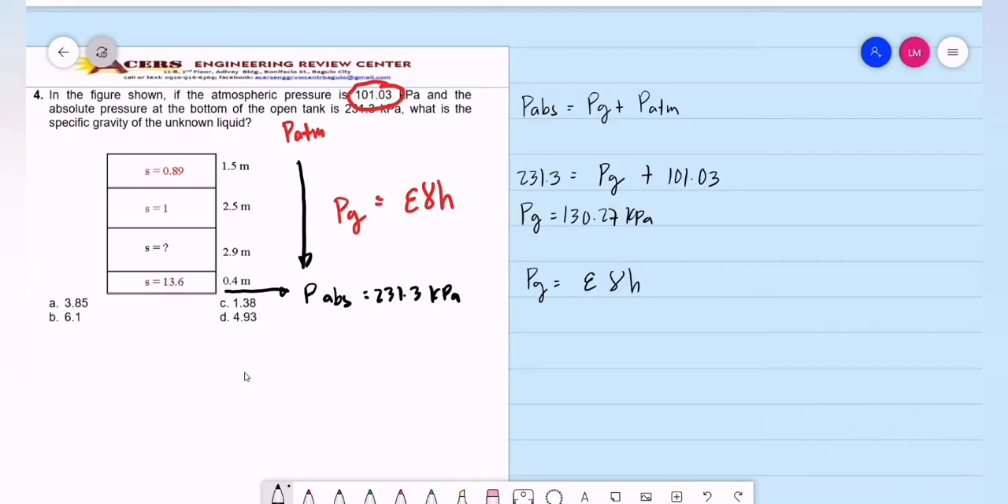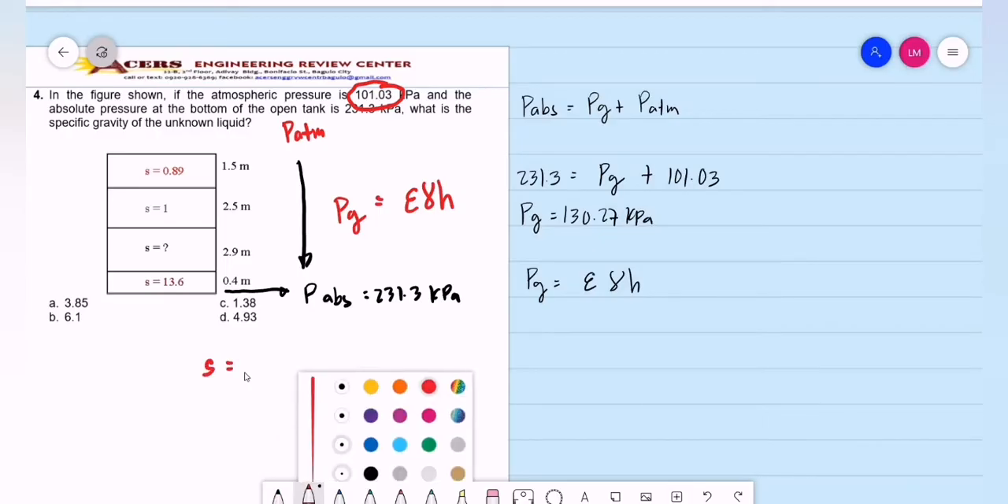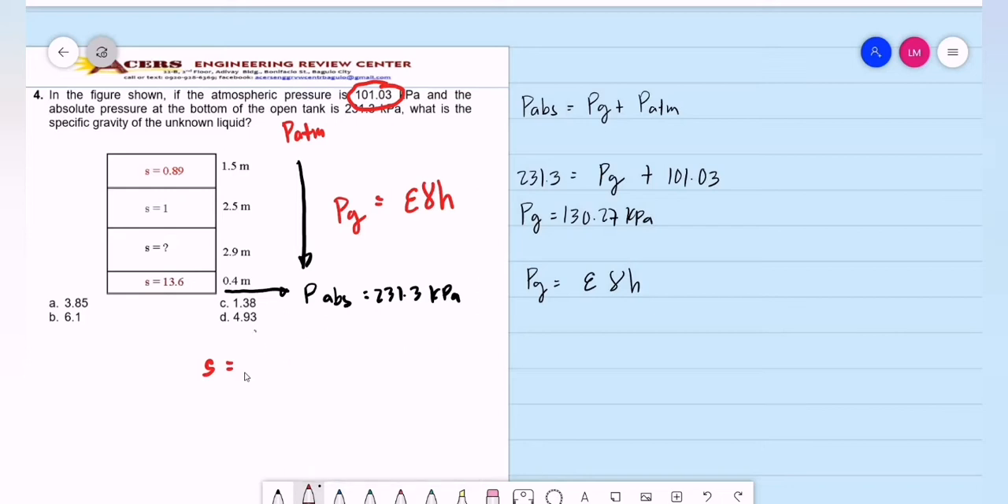Let us recall the equivalent of specific gravity. Specific gravity is equal to the unit weight of any object divided by the unit weight of water. We can have the unit weight of that object as the specific gravity multiplied by gamma water. Since the specific gravities are given, we have the gauge pressure equal to 130.27